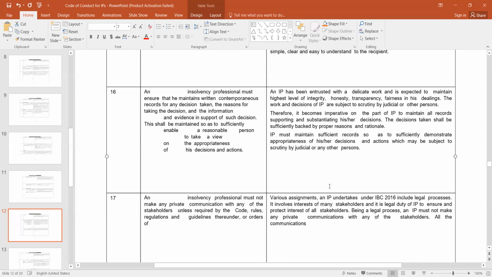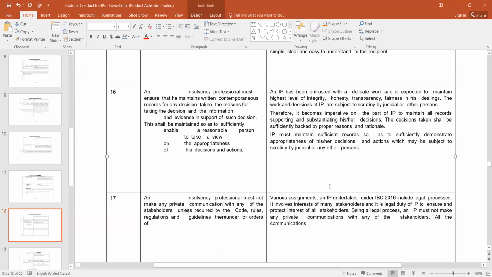Acha, this reminds me of something. Is there any time period within which this disciplinary action can be taken? Suppose you completed an assignment in 2020. Then by what time can the adjudicating authority issue you a show cause notice? Is there any time period, or once the assignment is over, it is over? How does it work?